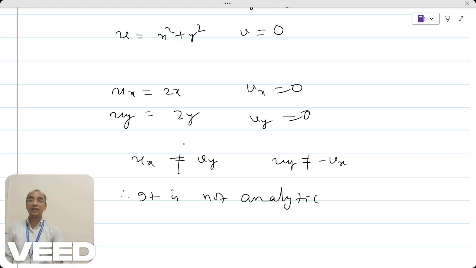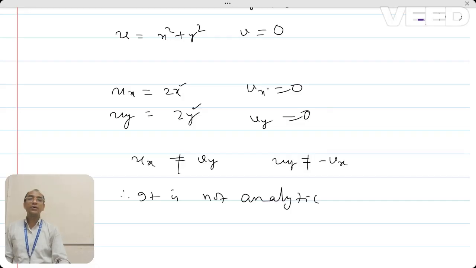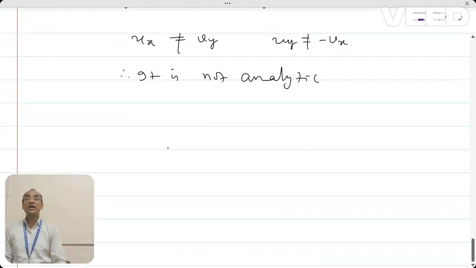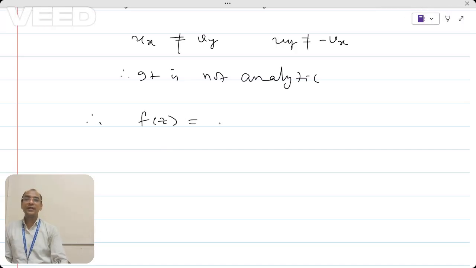It is not analytic. But you see that if I put x and y both 0, then 2 into 0 will be 0, 2 into 0 will be 0. So they will be equal: ux will be equal to vy and uy will be equal to minus vx. Therefore, whenever you are getting f of z equal to z square, you can say that it is not analytic everywhere except z equal to 0. Therefore, f of z equal to mod z square is not analytic